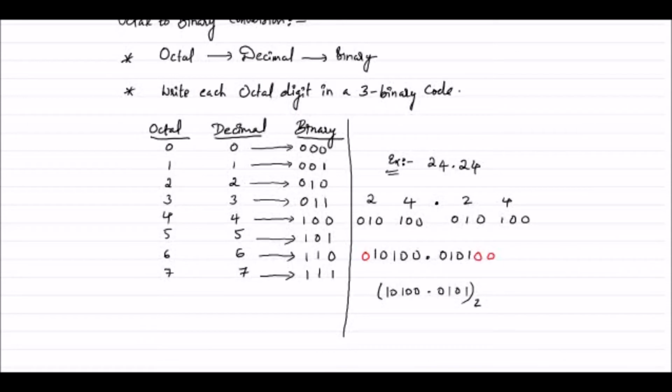Now we need to find out the octal to binary, how the octal number is converted into a binary number. So in the previous video we have seen the decimal number is converted to binary and binary number to decimal number, and in this video we have seen how an octadecimal value is converted to a decimal number, and a decimal number is converted to an octadecimal number.